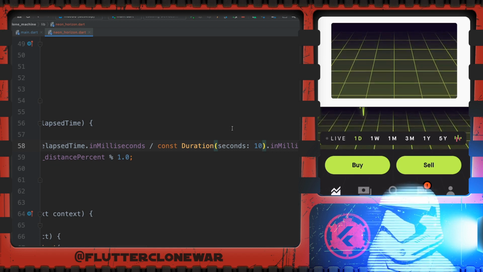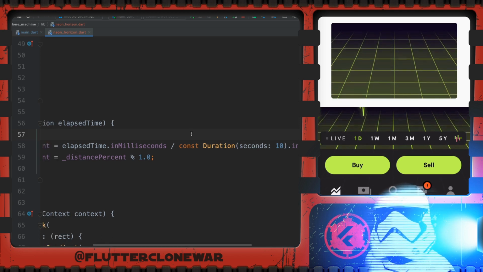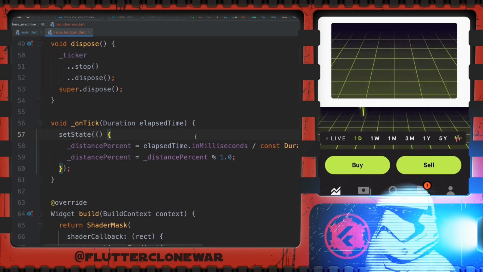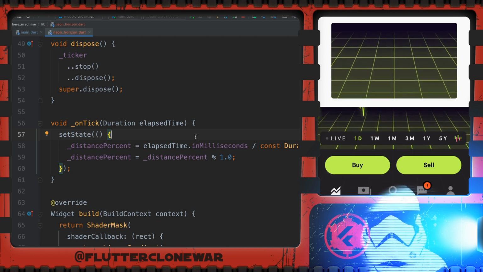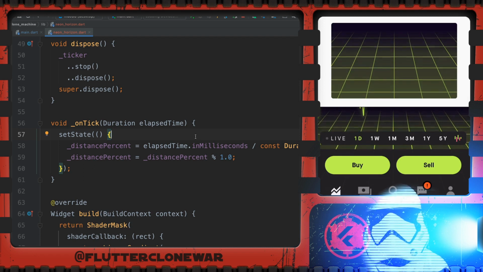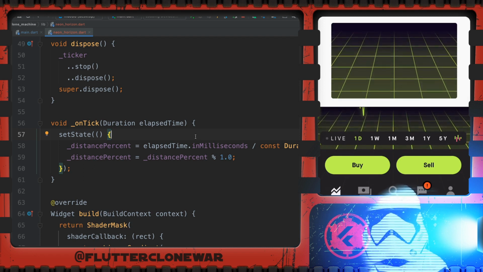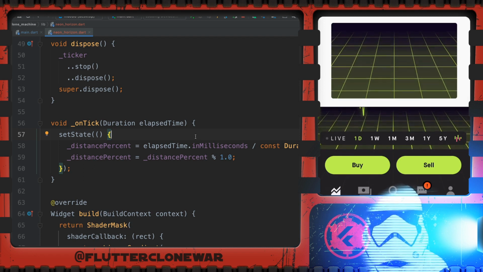Even slower than that. Well, the point is you can play with it at this point using a custom painter and kind of estimating where lines should go. We have been able to simulate a perspective effect that looks like the animated neon horizon in Robinhood's crypto